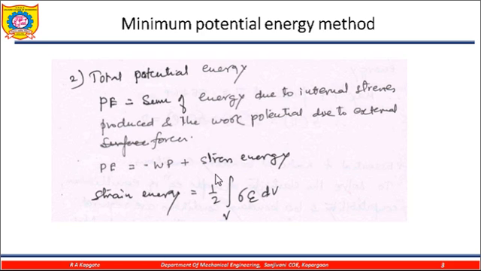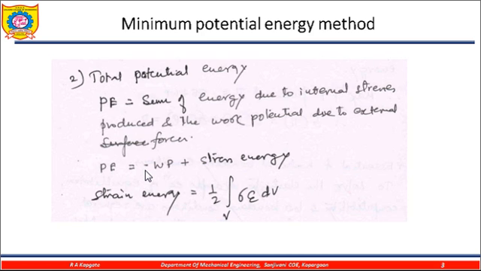So my strain energy formula is already derived, that is 1/2 integration over the volume of sigma into epsilon, that is strain, into dV. So this is the strain energy. Now the issue is how to calculate the WP. Here you see that the sign of WP is negative because this is the work potential. When I apply a certain force, it develops a stress in an element, and it is responsible for the failure. Once this work potential goes beyond the strain energy, then ultimately a failure takes place.